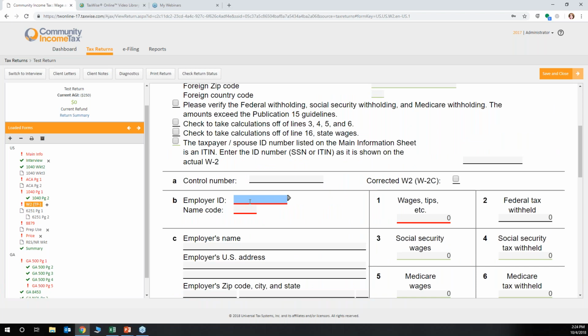Next is where you'll enter their employer ID number. One of the great things about this program is that it has the EIN database. As you're entering tax returns, if another taxpayer comes in and worked at the same place, you're not going to have to rekey that employer's name, address, city, state, zip. All you have to do is enter that EIN. For example, here is an EIN that I've entered before. So once I enter it in again,